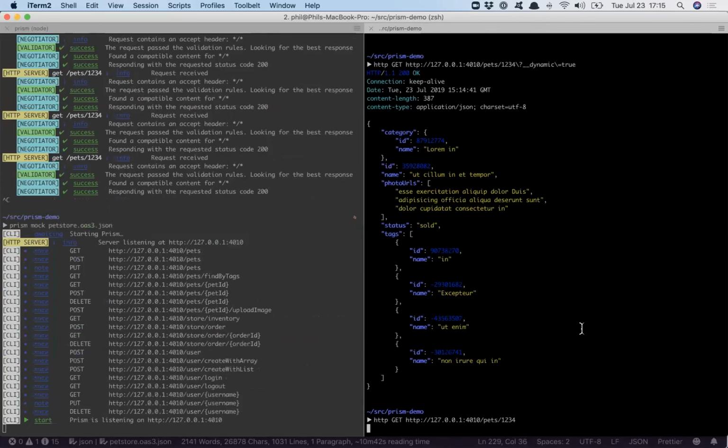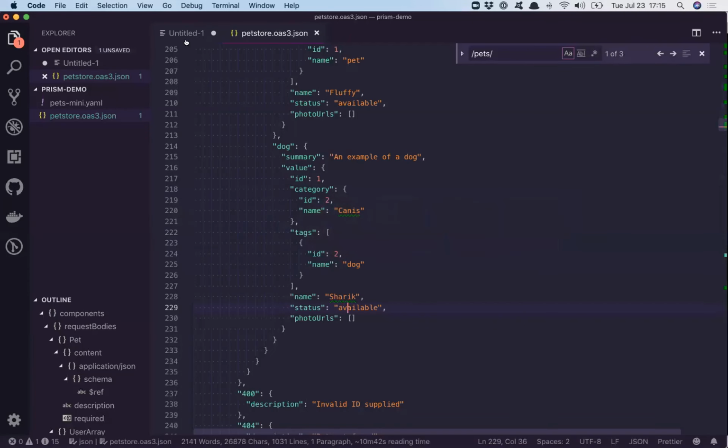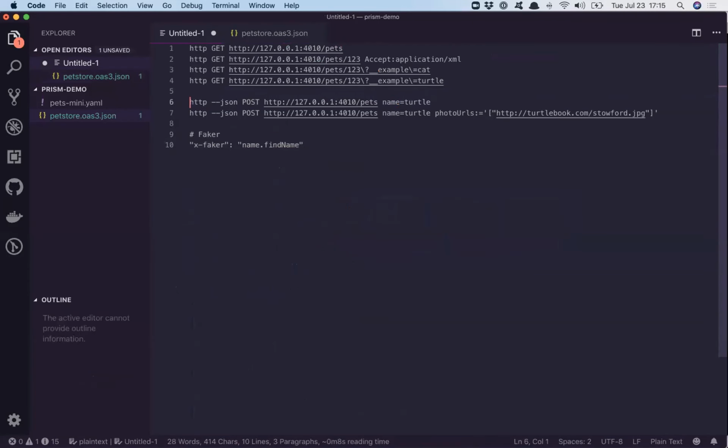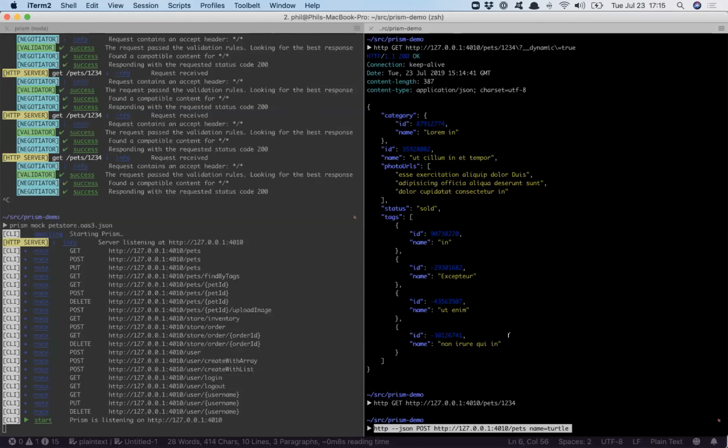But let's quickly have a look at something more than just get, because APIs aren't just about getting things. There's also post, which is a little bit different. So here, this syntax might look a little funny. It's just how HTTP does it. And what we're saying is we're going to be sending JSON. This saves us having to write header content type is JSON. And it will send the post. And we're talking to the pets collection. And we're going to create the turtle pet because that's obviously the best pet.